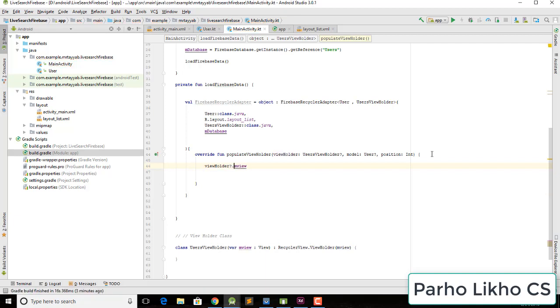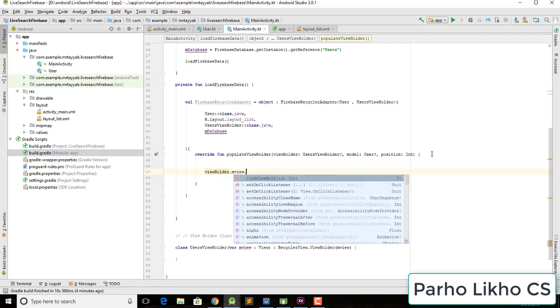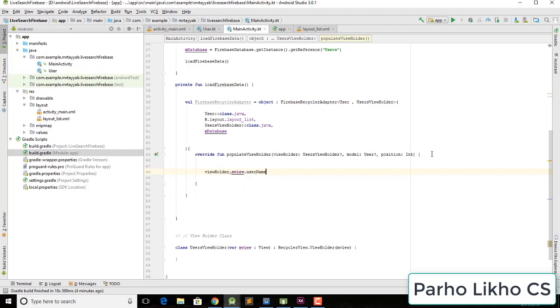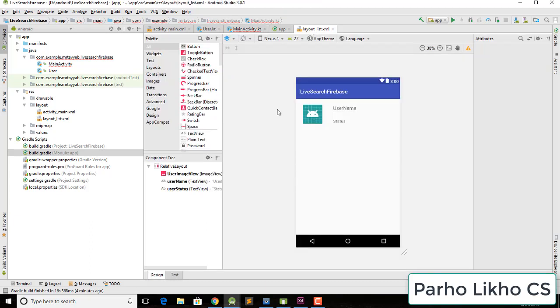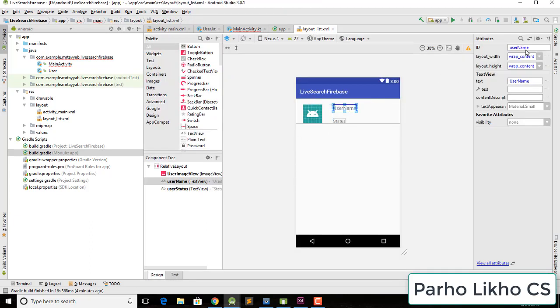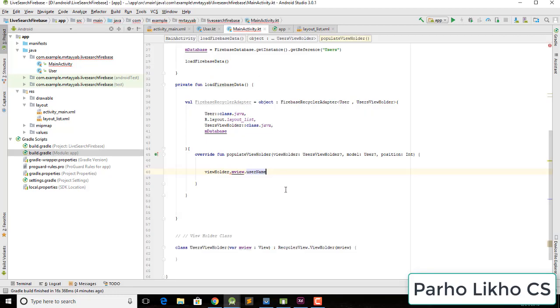Go back here and put here a question mark. After this we need to find by id. So we do not use find by id, we use view holders dot m view dot m our users for our view holders name. We go to our list and see here we put users name. So we go back here and user dot set value, and after this we need the model